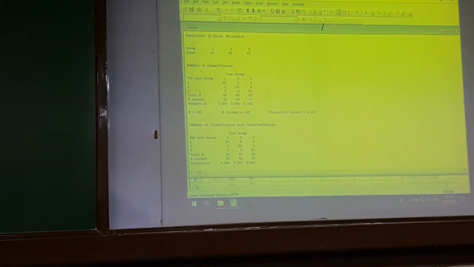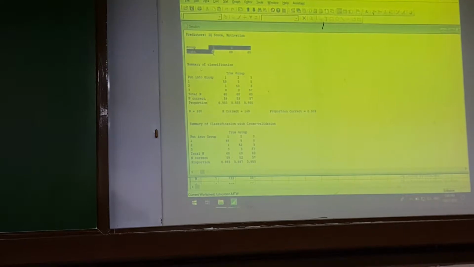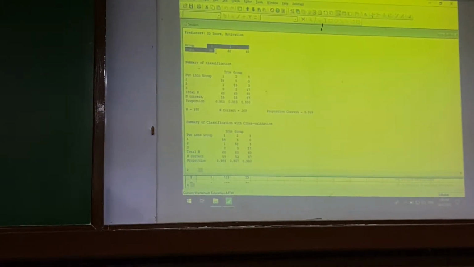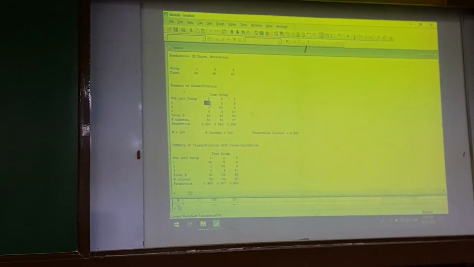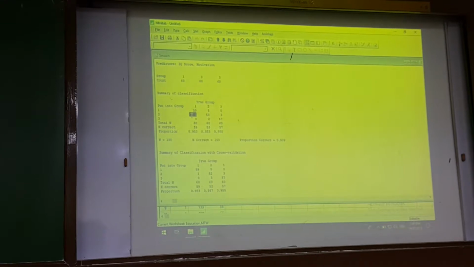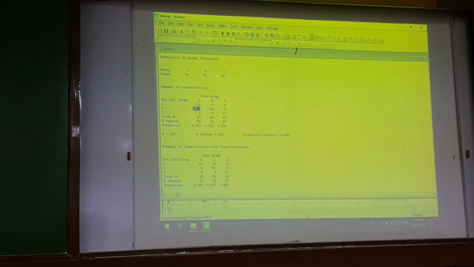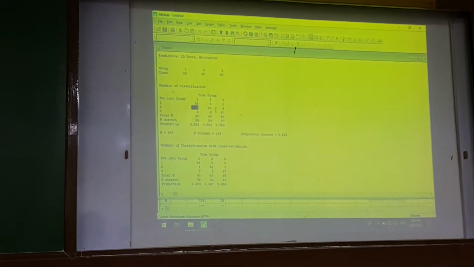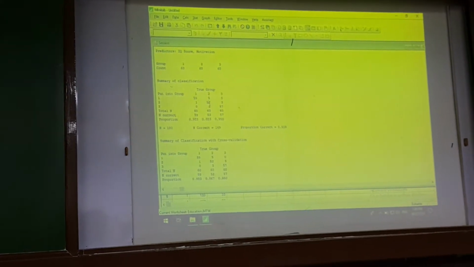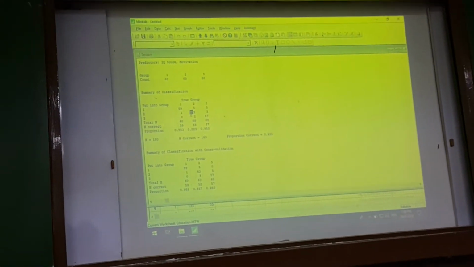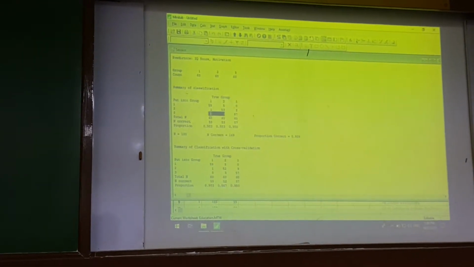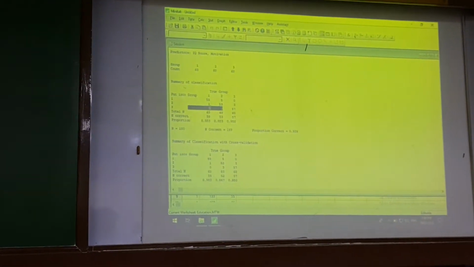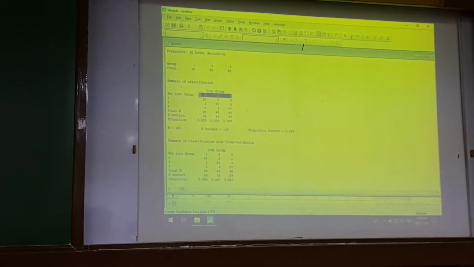Okay? So, for example, for group 1, initially we classified 60 persons under group 1. Pero in reality daw, 59 lang sa kanila yung nasa group 1 and the other one is nasa group 2. So, for group 2 na 60, 53 lang daw talaga yung group 2. 5 among them is originally dapat sa group 1 and 2 daw sa group 3. And ganun din dun sa class 1.